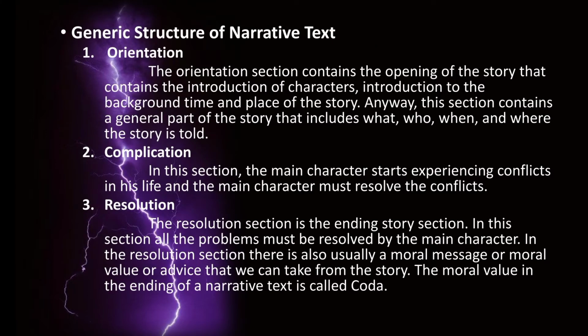Generic structure of narrative text. First, orientation. The orientation section contains the opening of the story that contains the introduction of characters, introduction to the background time and place of the story. Anyway, this section contains a general part of the story that includes what, who, when, and where the story is told. Second, complication. In this section, the main character starts experiencing conflicts in his life and the main character must